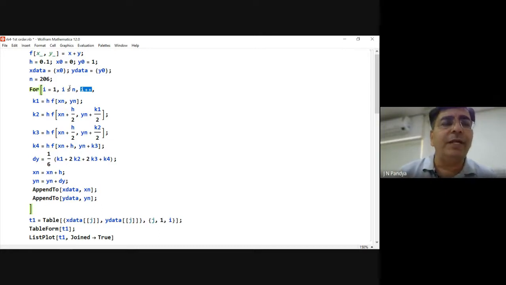Sometimes people have a habit of writing this h here, right? And the increment also will be h is equal to h plus 0.1. People write it that way also. But this is a better way of doing it, because here you want to see how many iterations you are going to do. So n is basically the number of iterations for us. Everybody has a different style of writing the codes as such. So this is my way of doing it, nothing else. So here is a comma, here is a comma, and here is a comma.